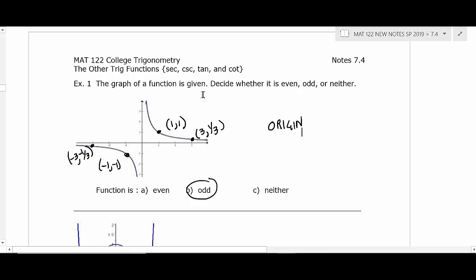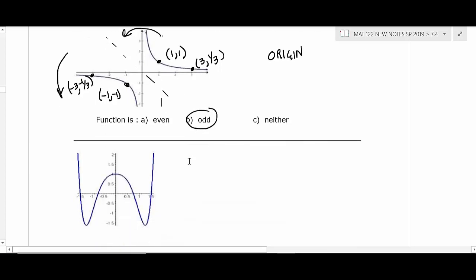Another way to look at origin symmetry is imagine you took this graph and cut it out with scissors on a piece of paper. You folded it over y. Then you folded it over x. And those two graphs would come together. Or you can think of it as symmetric about that diagonal. Those two graphs come together. Okay, next